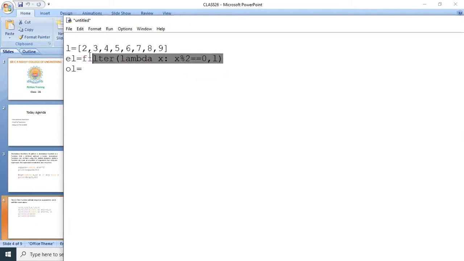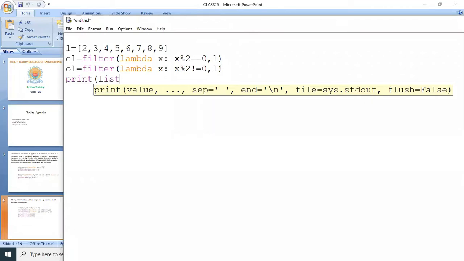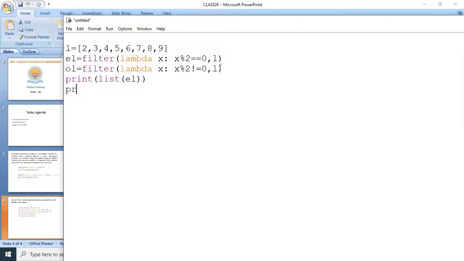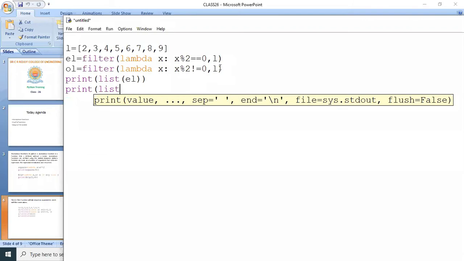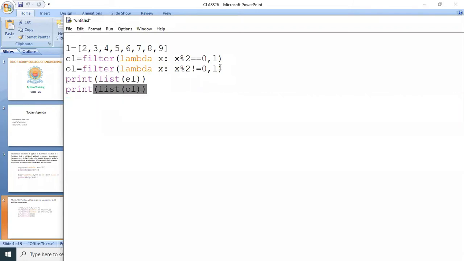Similarly for the odd list, you apply the filter lambda x: x % 2, and here the condition is not equal to 0. Then the elements are assigned to it. After that I'm going to print list of EL and list of OL. That's it.